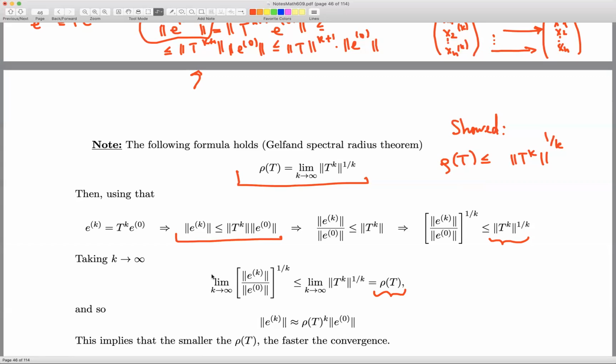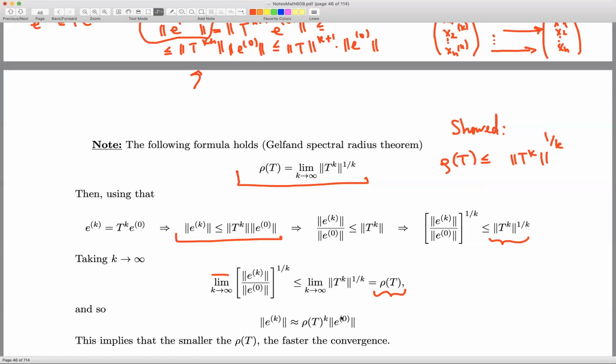I should put the lim sup of the norm of the error at step k divided by the error at step 0, this ratio to power 1 over k, is less than or equal to the spectral radius rho of T,